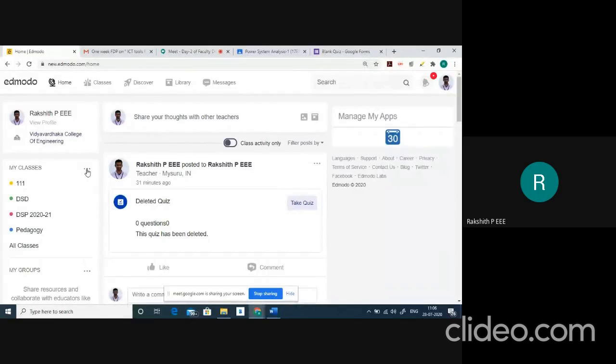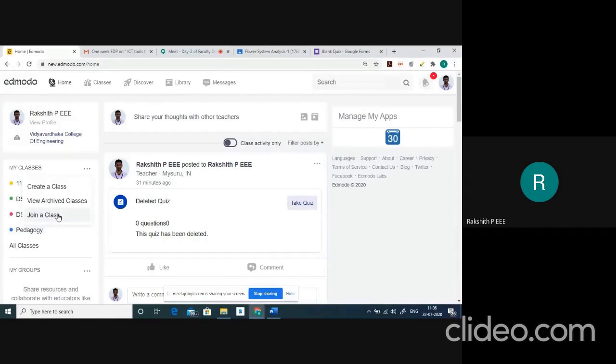If you click on these 3 dots, a drop-down menu will come, which shows create a class, view archived class. Suppose if you have already archived it, or if you are a student, or if you want to join some other class, it will ask us to join a class.